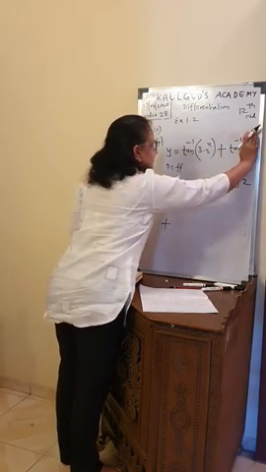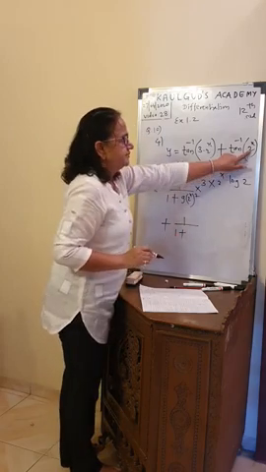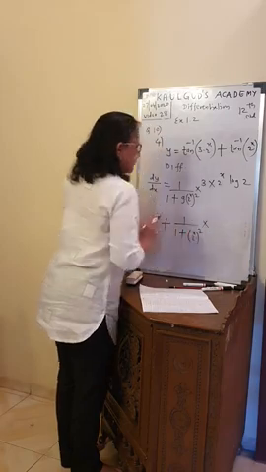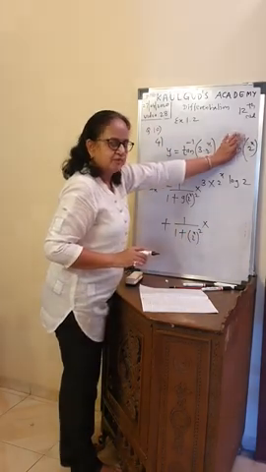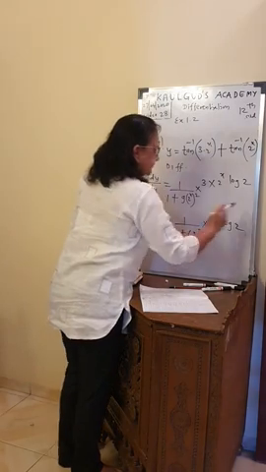Again tan inverse of x, derivative is 1 upon 1 plus whatever is in the bracket, squared. So 2 raised to x, squared, into. Forget tan inverse, go to the bracket: 2 raised to x, its derivative is 2 raised to x log 2.